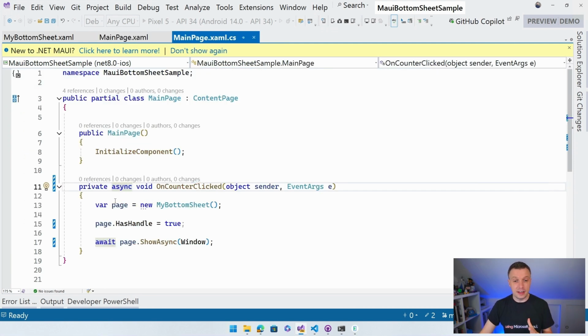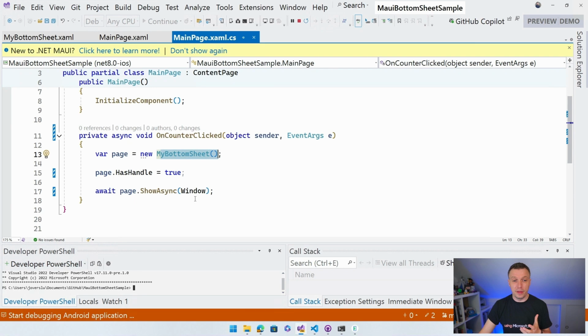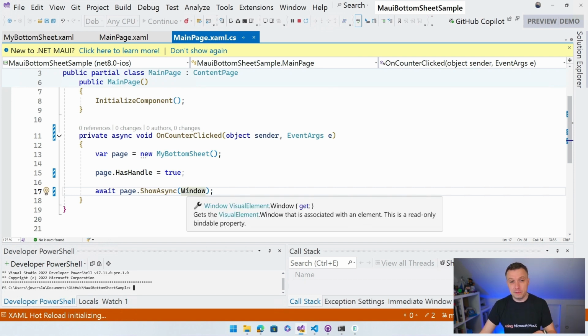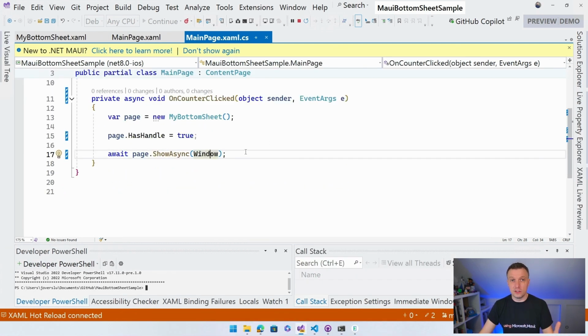So the way to do that is say, hey, var page is new MyBottomSheet, because I created a new MyBottomSheet page, right? So I'm going to actually initialize that thing here, which is called MyBottomSheet, which actually implements this bottom sheet thing right here. And then I can create a new one from that. I can say has handle yes or no. And then I'm going to say, hey, I want to show that async in this window. And a window is a property that comes from this main page. It is implemented in any page that you use in .NET MAUI, and that will give you the instance of the actual window that this page is showing in, right? So it will show on the right window because .NET MAUI is now multi-window, so you can show it on other windows, other pages, all that kind of stuff. But this is your typical scenario that you want to do.